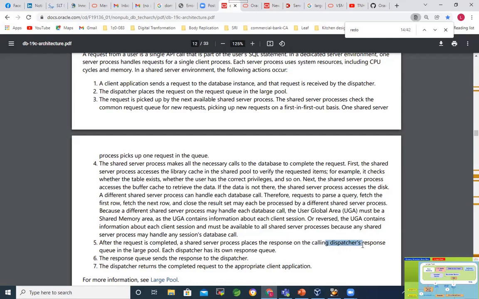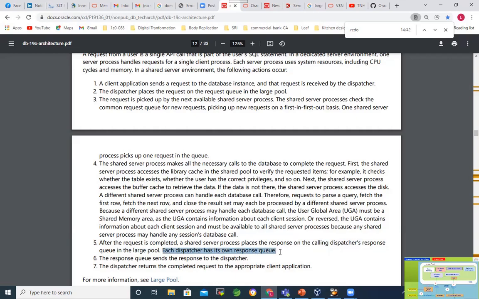It will place the response from the server process in the response queue. We have different response queues, so those things we are not going to discuss in detail here. The response queues are in the large pool. That's the calling dispatcher's response queue in the large pool.